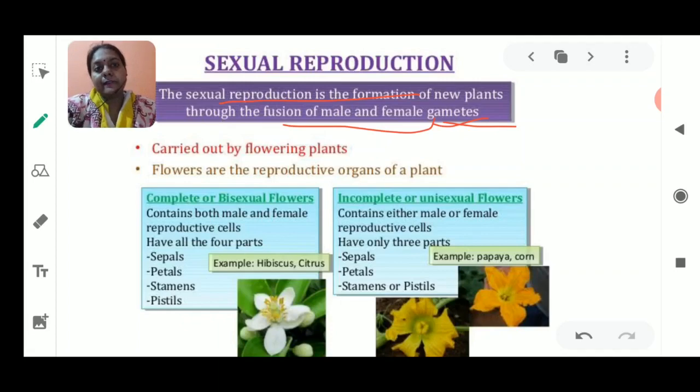So first we will see why sexual reproduction takes place. The sexual reproduction of plants is present in the flowers or in the plants where seeds are produced. Okay, now if you think about the fruits and vegetables, each and every plant has seeds. Most of them have seeds, whether or not the seeds are capable of producing new ones, but they have seeds.